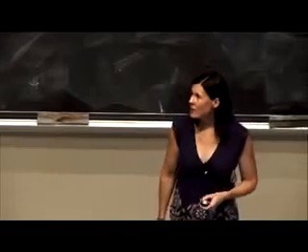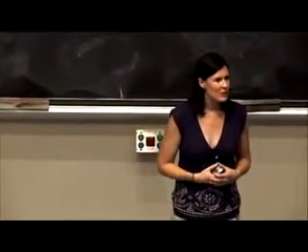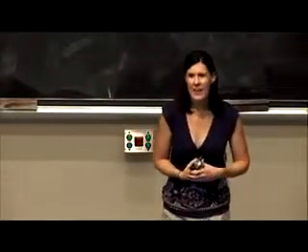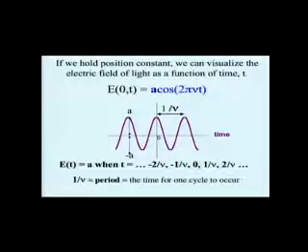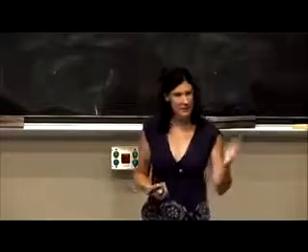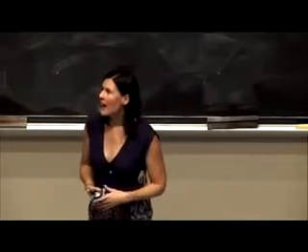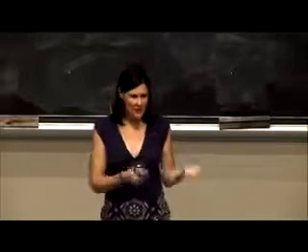So 1 over nu is another term we use, and we call it the period of a wave. And the period is just the inverse of the frequency. And if we think about frequency, that's the number of cycles per unit time. So for example, number of cycles per second, whereas the period is how much time it takes for one